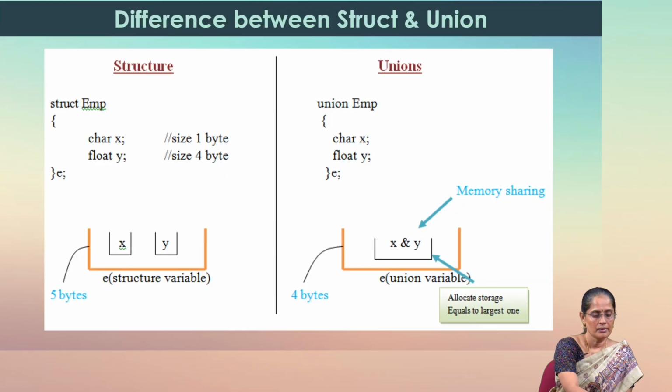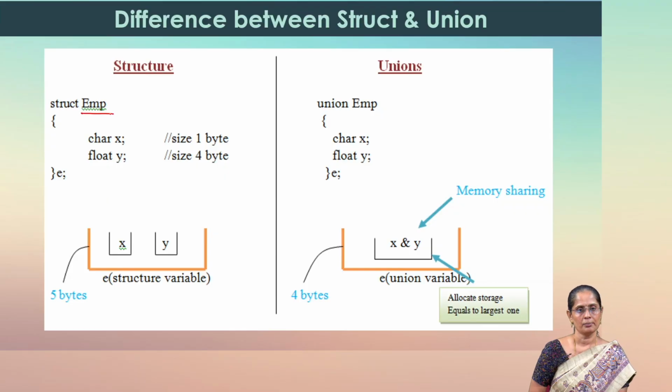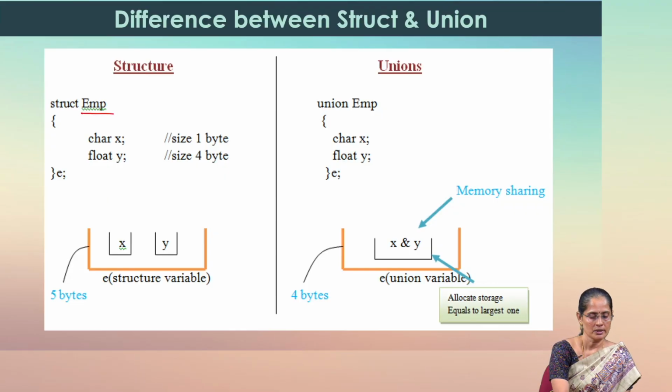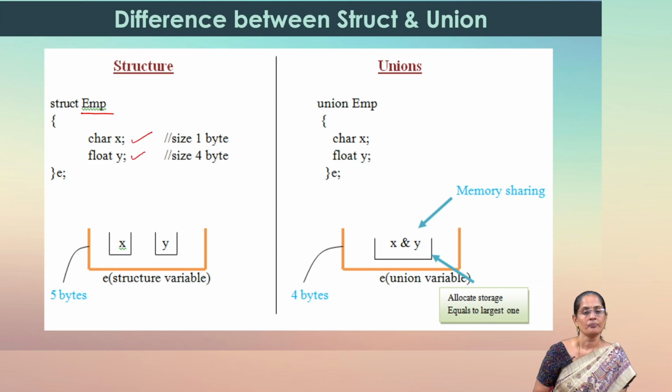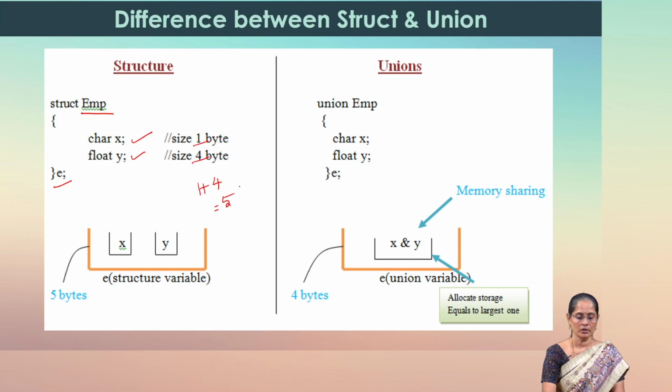Here I am defining a structure EMP which has two members, a character and a float. We have already learnt that the size of the character type is 1 byte and a floating point value is 4 bytes. So, when we try to find the sizeof E, which will be 1 plus 4, we add the sizes of the members to get the actual size of the structure, which will be 5 bytes,